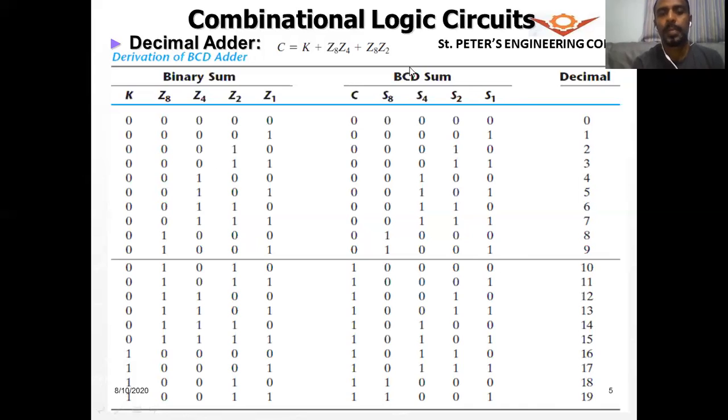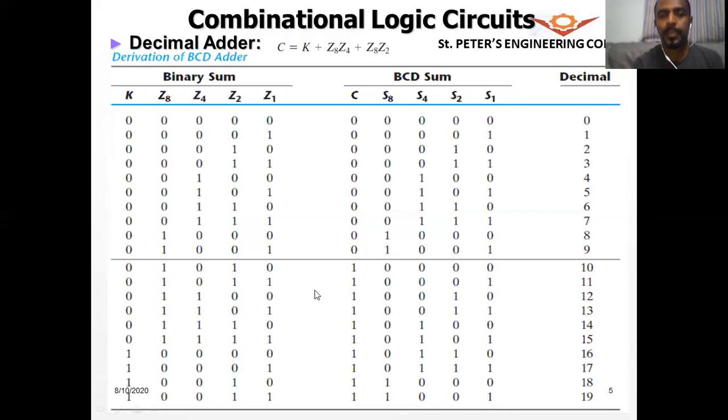Now what is the difference between this and this? This is the full binary flow, which shows all the combinations. You see that after 1001, you will have all the other remaining 6 combinations. Then comes 10000, which for decimal 16 is the binary equivalent. Whereas if you see the BCD sum, you will get a 1 in the 5th bit immediately after 9.